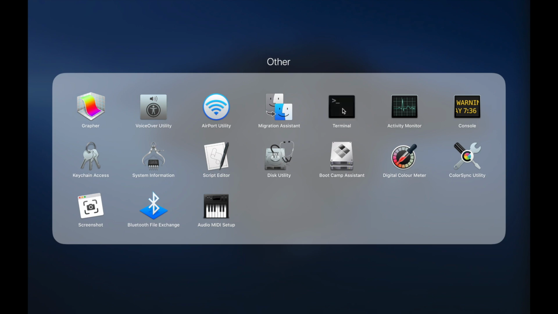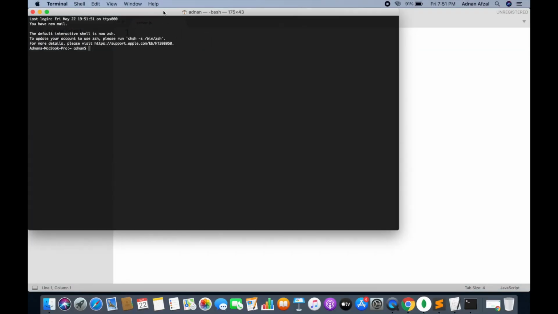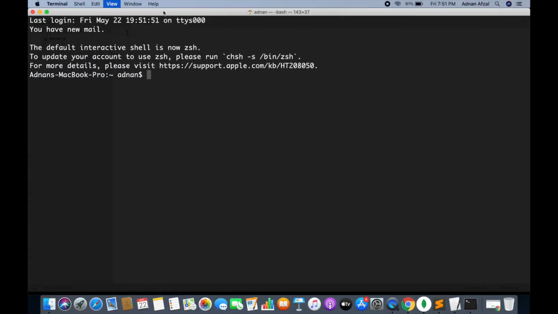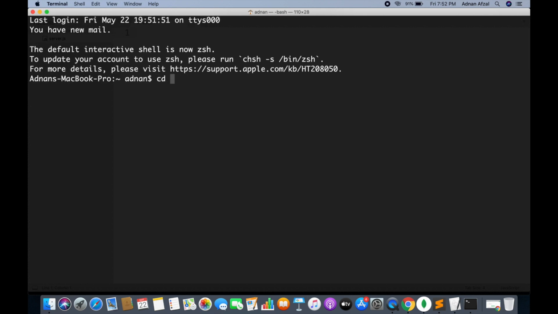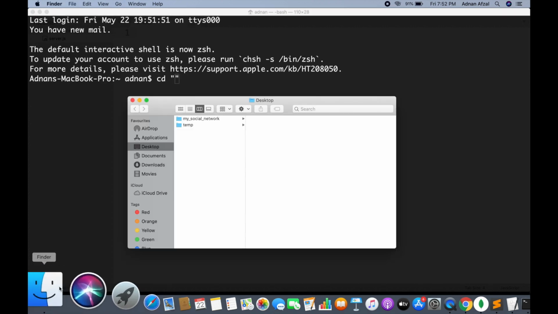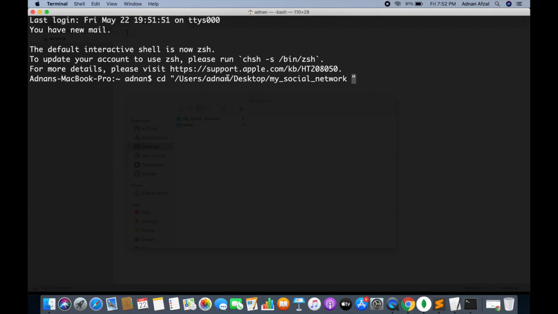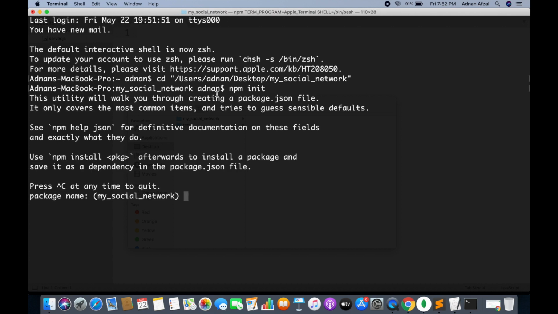Write cd, and enter the path of your project root folder. Then start the project using npm init, and just press enter for all the fields, which will be set as default. Type yes.